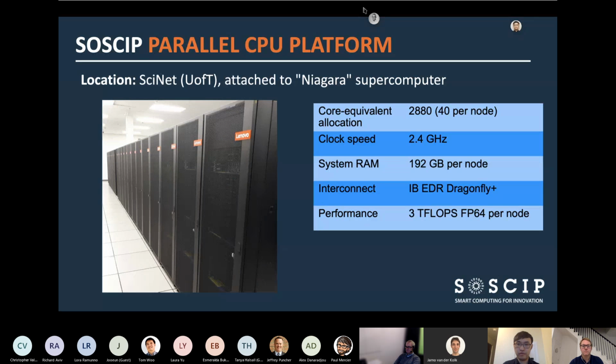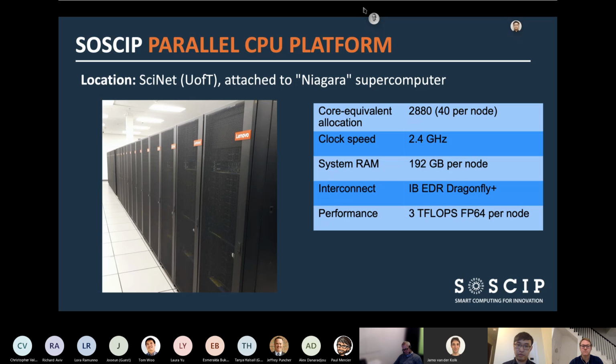Okay, so let's move to the HPC. We have a parallel CPU platform. It is hosted at University of Toronto. It's actually physically attached to the Niagara supercomputer, if you're already familiar with SciNet. So SOSCIP purchased some additional nodes and attached them to Niagara.